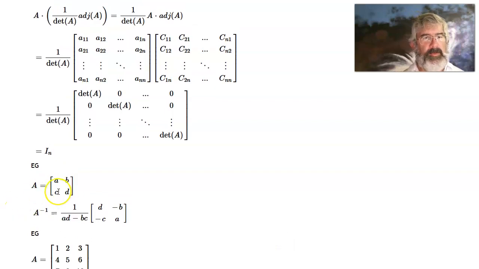The first example is just a 2 by 2 matrix, and actually, remember early in the video I said, where have we seen this before? This is where you've seen it before. We have a formula for calculating the inverse of a 2 by 2 matrix. It was that the inverse is 1 over AD minus BC, which is the determinant of that matrix, times this thing. Remember we just said swap the A and the D, change the sign of the B and the